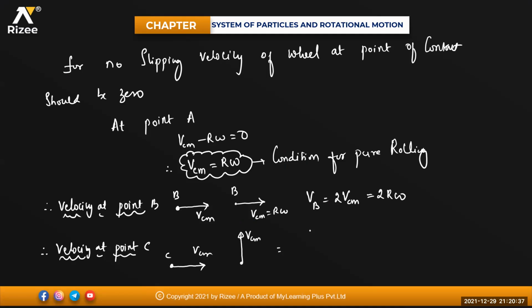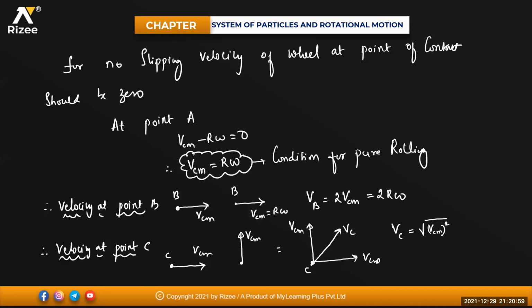If I add both of them, the resultant will be equal to how much, beta? So the velocity at C will be equal to under root of VCM whole square